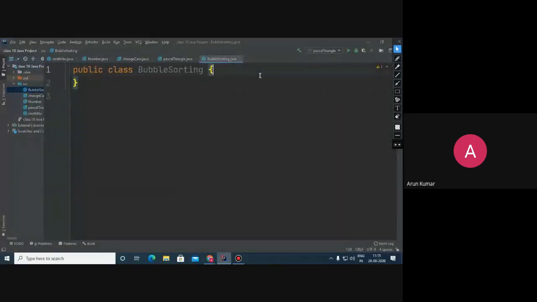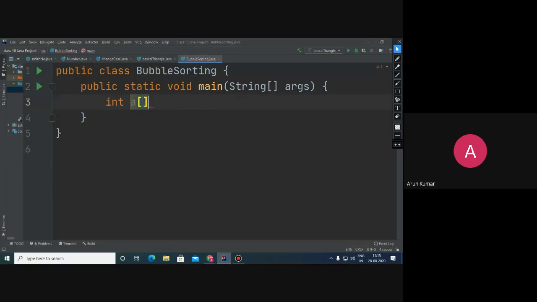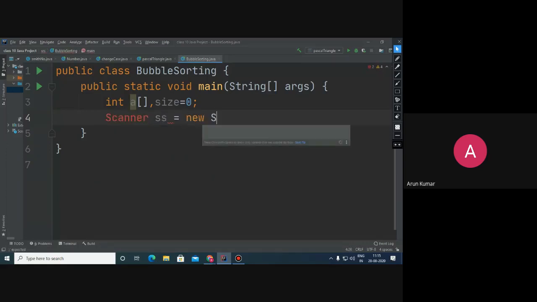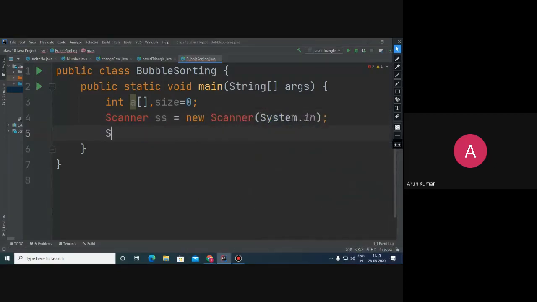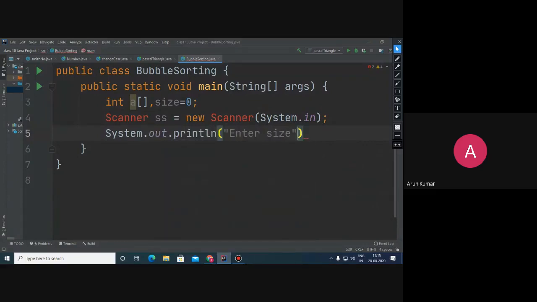See, so first of all here, declare a few elements. Here is the main method, and this is the array. This is the size we have taken, and take the scanner class. And now after this, enter size.